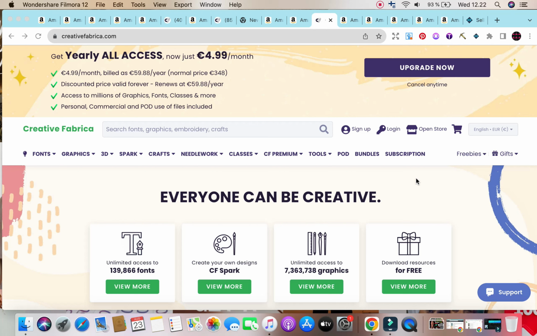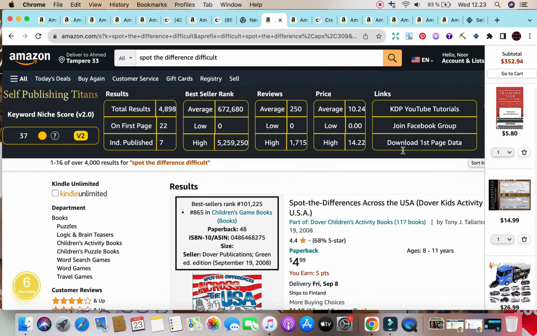Now, in order to find the profitability of these keywords, we are using a total of 4 free Chrome extensions to analyze the profitability data, and out of these 4, 2 are our main ones that we're focusing on: Self-Publishing Titans as well as Amazon Scout Pro. You can find them linked in the description box below, with a video I made on how to use them correctly. Now let's get started with the first keyword for the day, and the first keyword for the day is